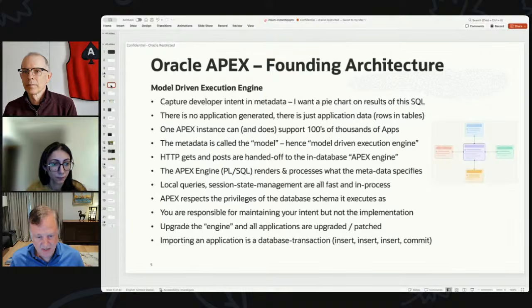But then in 1999, I had this realization that it was absolutely silly to generate every application from scratch. Every application would have a reporting application. Every application would have a charting system. It just made no sense. You should just use a shared infrastructure. So we came up with an idea to have a model-driven execution engine. That's the formal academic name. But basically what it says is that